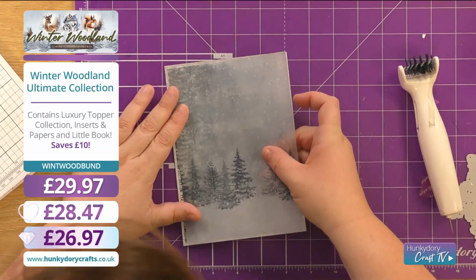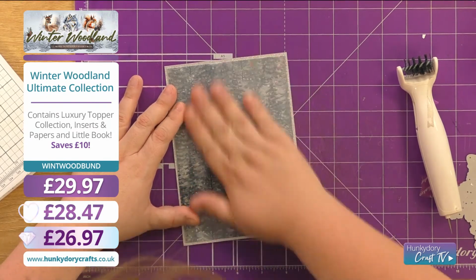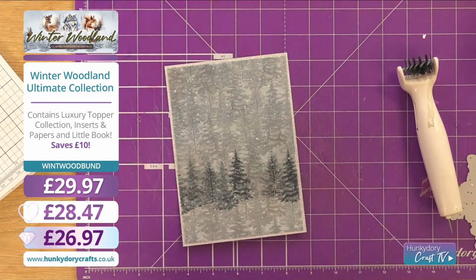So line that up again, and then just adhere it down there. Now, before I put my topper on, I am going to use, if I can find them,